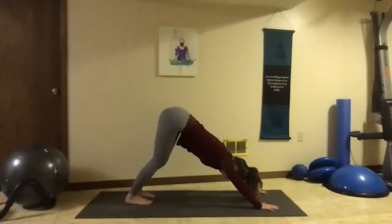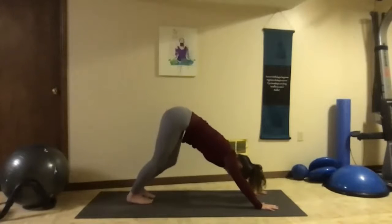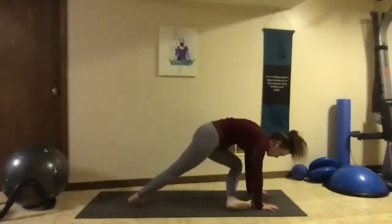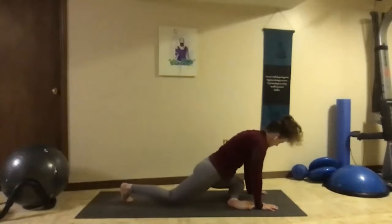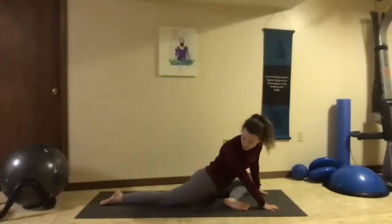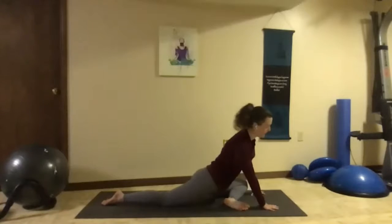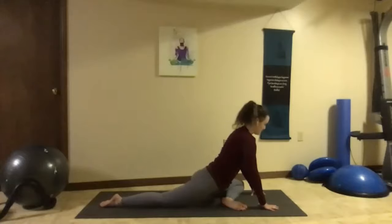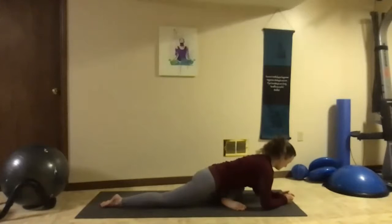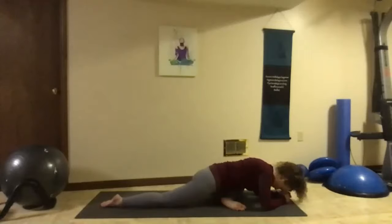Now preparing for pigeon, really strong with the hands on the floor. We lift that left leg up, big inhale. Exhale, sweep the foot up to the right wrist. The knee comes towards the left hand. Check that that right leg is back behind us. Always know where our legs and our arms are. And then we can bring our belly button towards that front leg as we come down onto hands, elbows, fists,